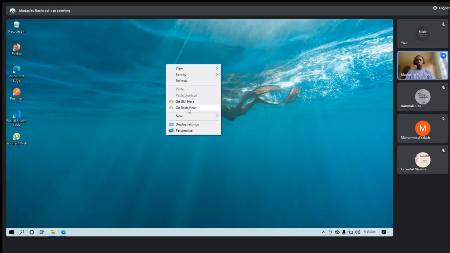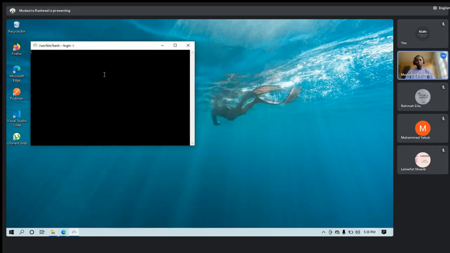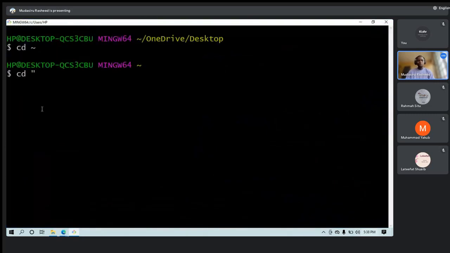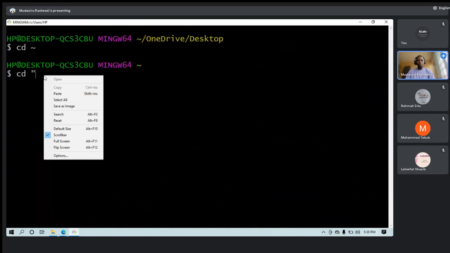I can open my Git bash. I can go to my root and I want to go to that particular place. To be able to do that, I may need to put it in a string format, and I need to paste what I've copied. Let me enlarge it so you can see.